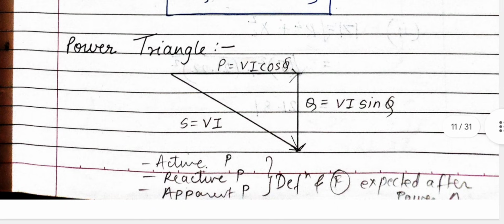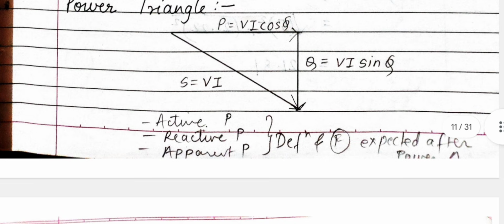And similarly this is your power triangle. Just as you have made the impedance triangle, now the same way you have to make your power triangle. On the upper side P will be there, Q will be on the right side, and your hypotenuse will be S. If you have time in your exam and that question is for 8 marks or 7 marks, you have to write the definition of active, reactive and apparent power also, okay. That is expected.